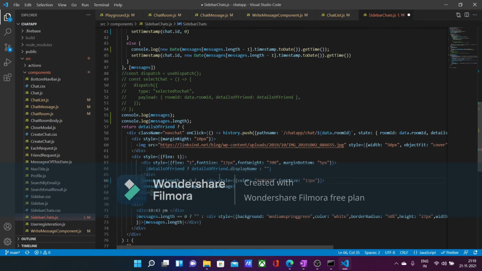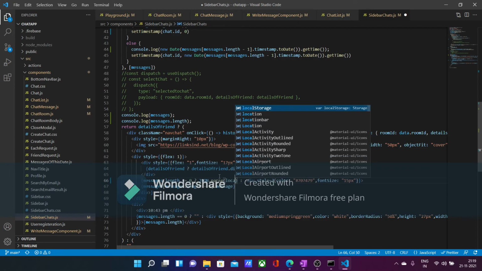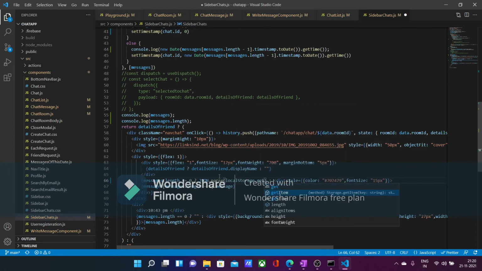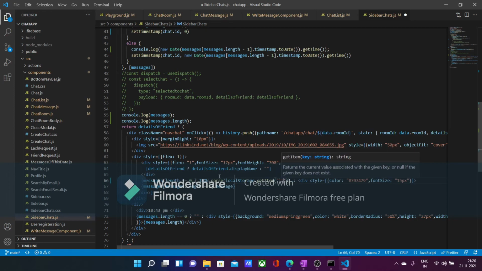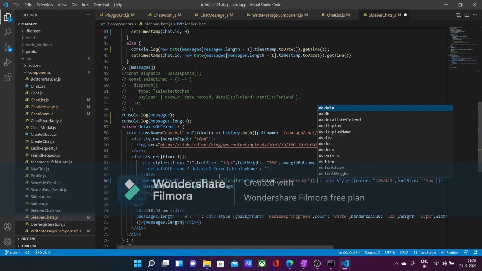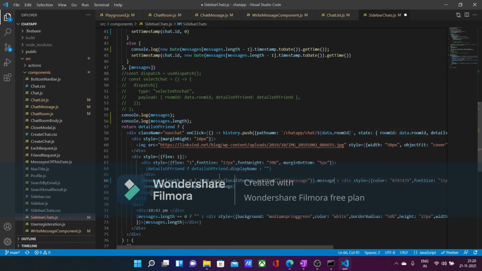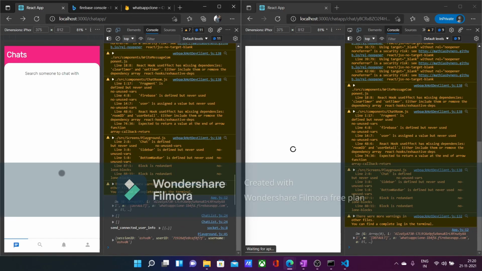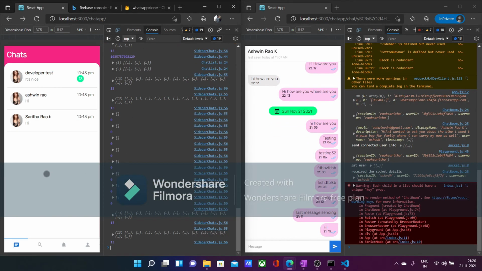What I can do is use JSON.parse and then localStorage.getItem last message, and then .message. Let's see what happens. I think I implemented it completely wrong. It's actually a completely wrong implementation